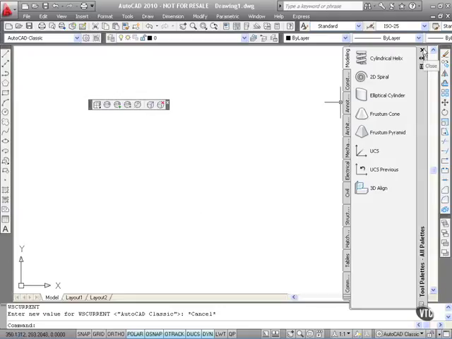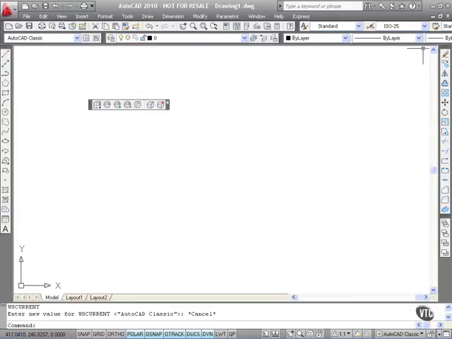So I'll just close the tool palettes window there for a second. And as you can see over here on the left, we have our draw toolbar. Over here on the right, we have our modify toolbar and our draw order toolbar. You'll notice here, we have a toolbar here as well that's floating. This is a floating toolbar, and this is your smooth meshing toolbar. I'm going to close that by clicking on the cross, and that disappears,